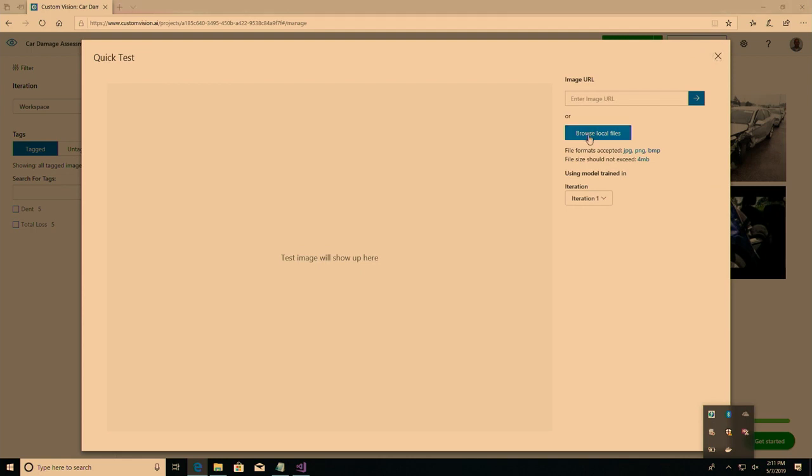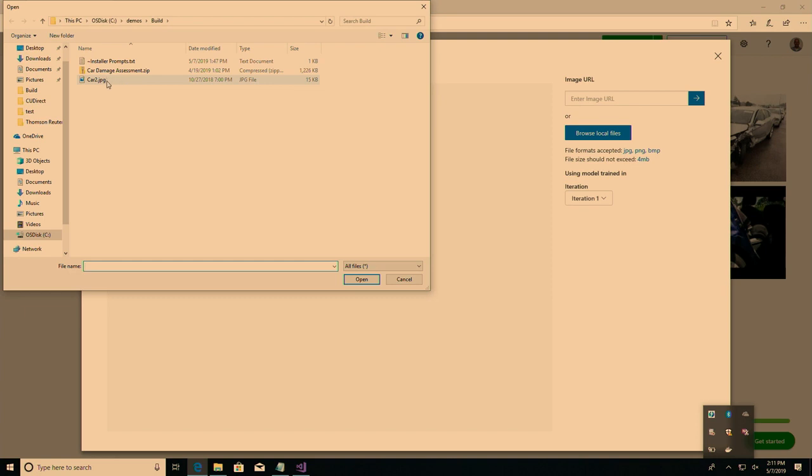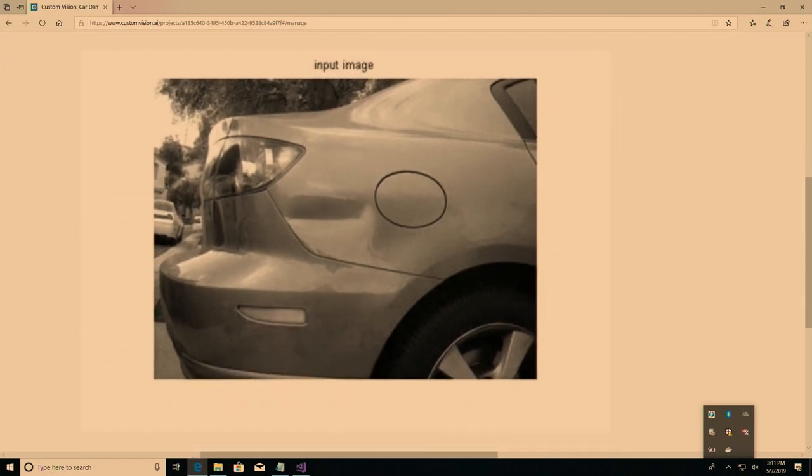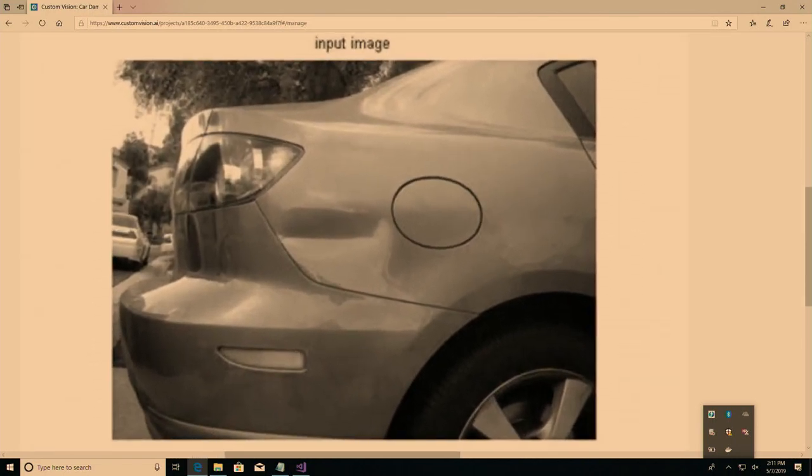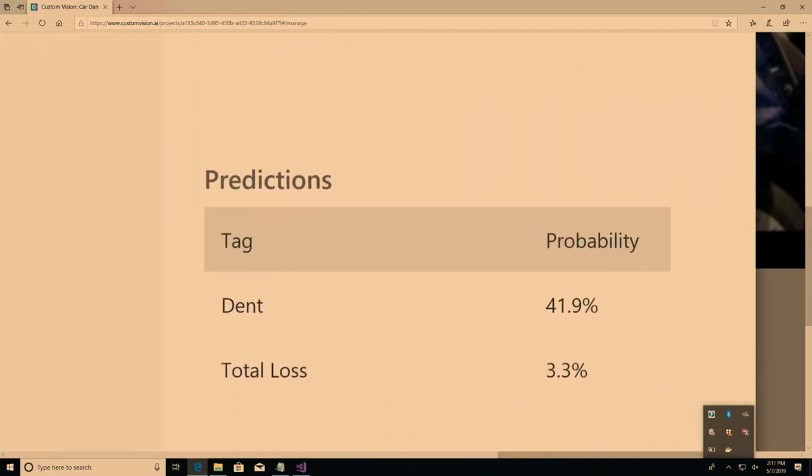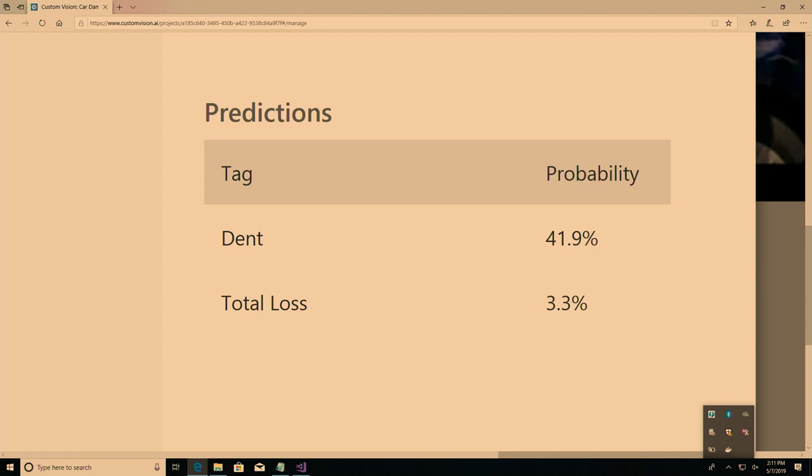I'm going to browse for local files, and we're going to test car2.jpg here. When I zoom in, I think we can all see that this really is just a dent. And interestingly enough, the custom vision service predicted that correctly, but notice, it doesn't have the highest level of confidence in its assessment that this is just a dent. Not surprising, given that we only gave the model 5 examples of dents and 5 examples of total losses. So this is a neat trick, but I don't think 41.9% confidence is enough for us to bet an important